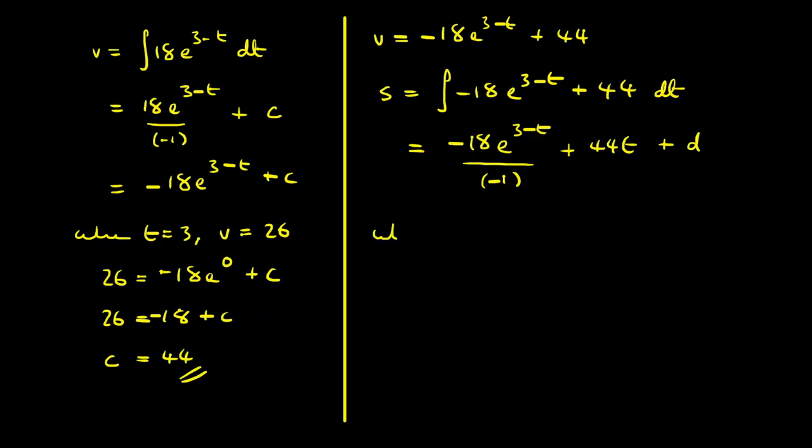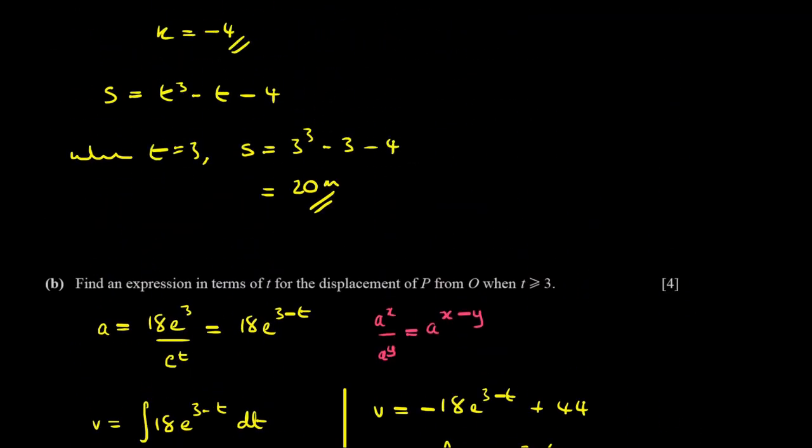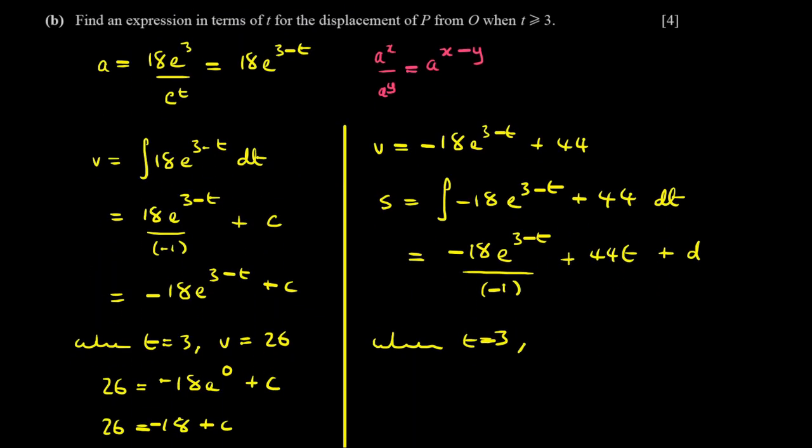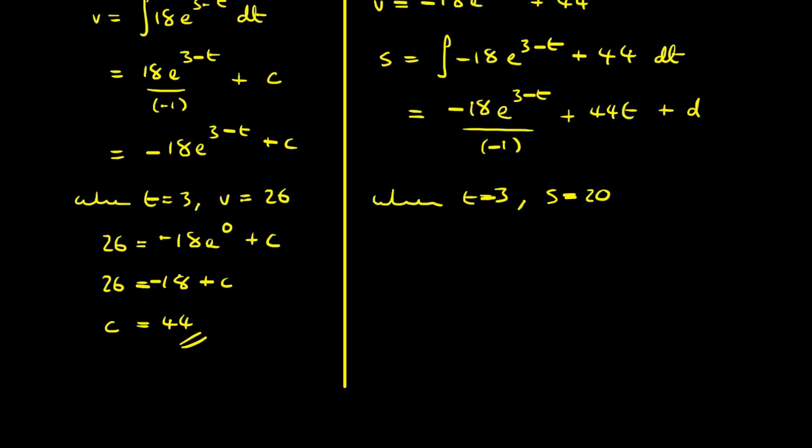Again, we can use our answer from the previous question because we're told that when t is equal to 3, we found that the displacement is 20 meters. So we can apply that condition. When t is equal to 3, s is equal to 20. So if we apply that condition, what we've got is 20 is equal to positive 18 e to the power of 0 plus 44 times by 3